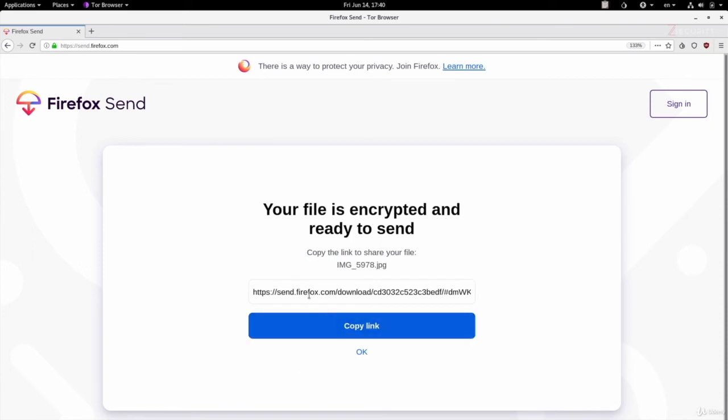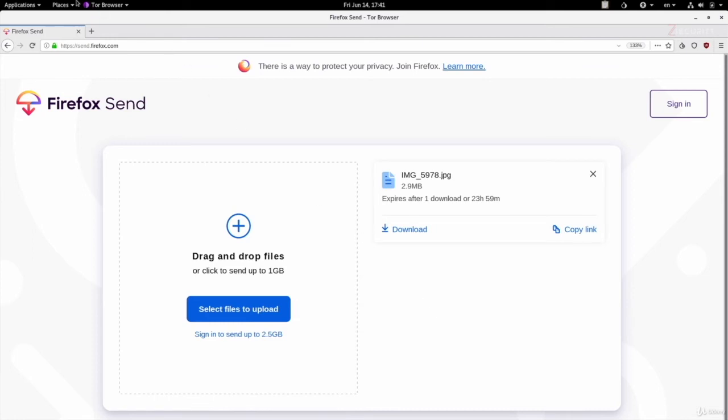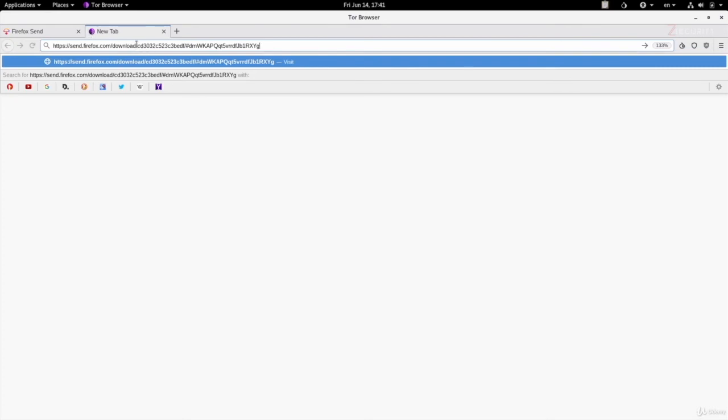And perfect, as you can see, we have the download link right here. So you can copy this and share it with the person that you want to download it. So I'm going to click on copy to copy it. And then I'm going to go on a new tab and paste the link. Now, as you can see in the link right here, this is the decryption key, and this is the key needed in order to decrypt the file so that the person that downloads it will be able to see its content unencrypted. Without this part right here, the file contains no useful information.